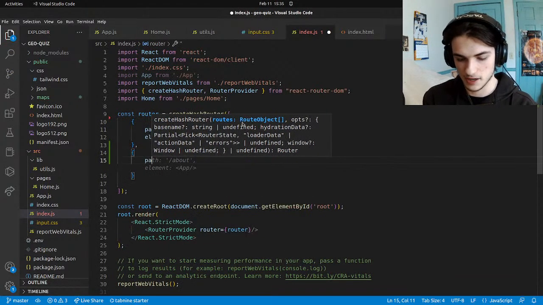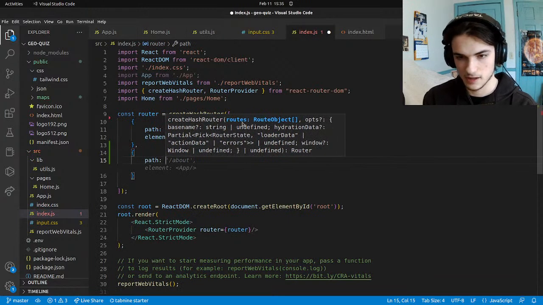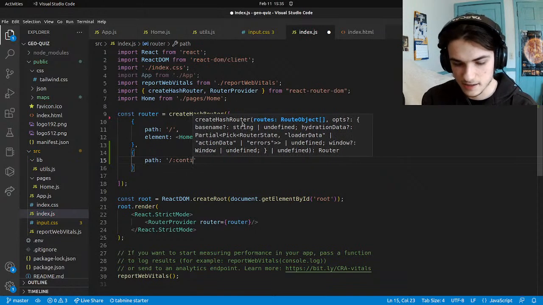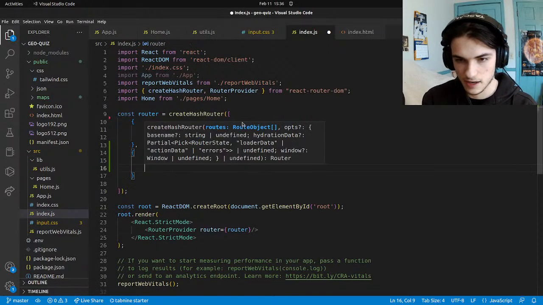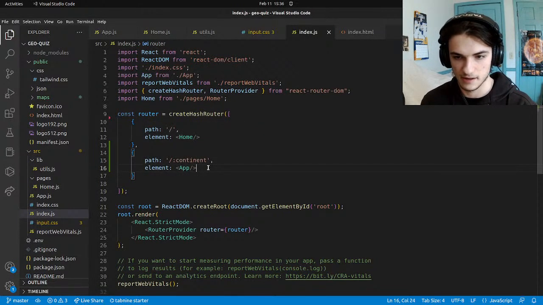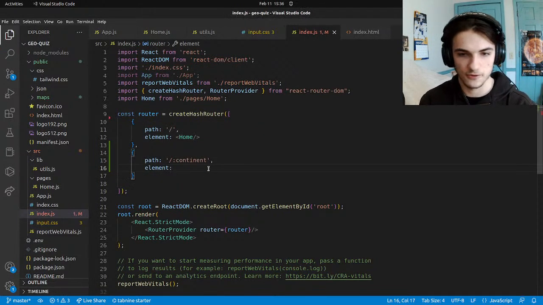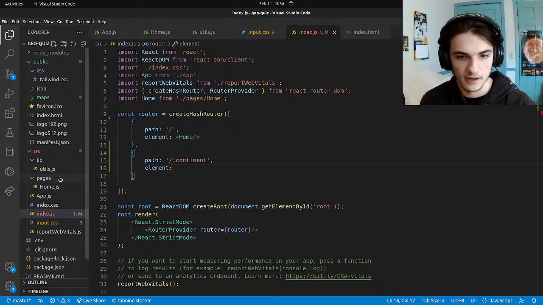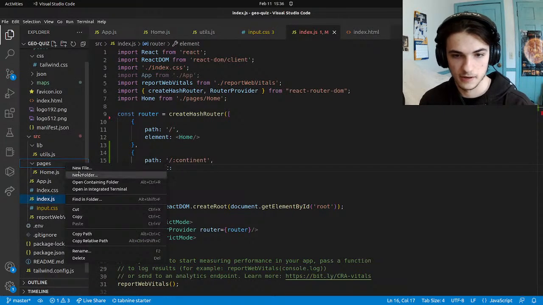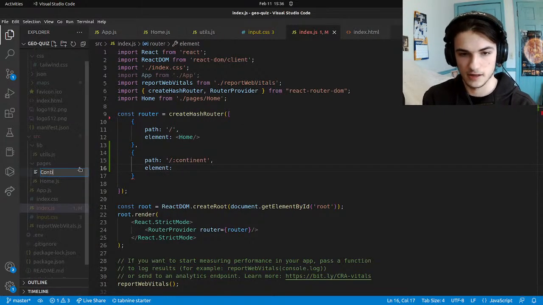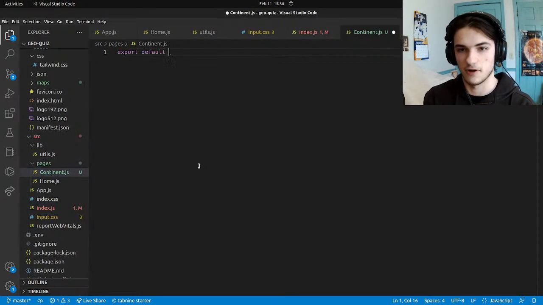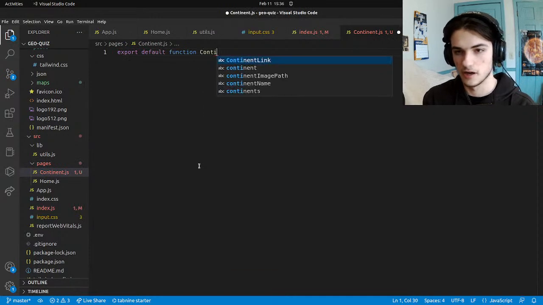So this path would be slash continent, and the element would be... tab 9 is now screwing itself up. Okay, we're going to create a new page. Oops. And we're going to call this continent.js. Export default function